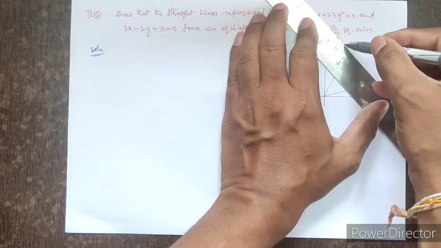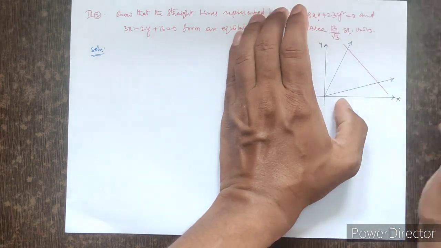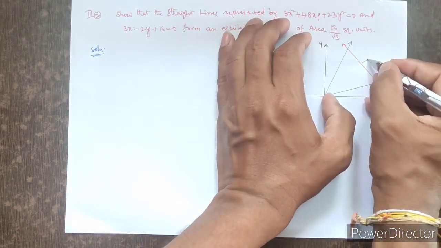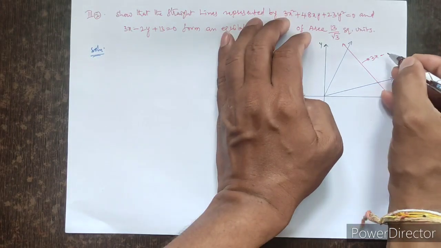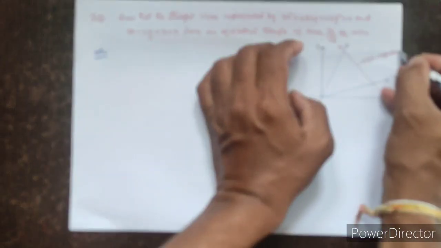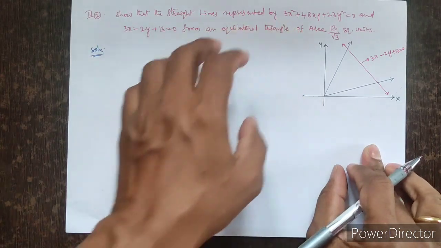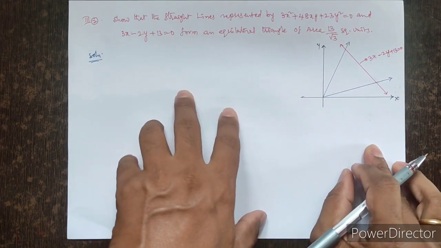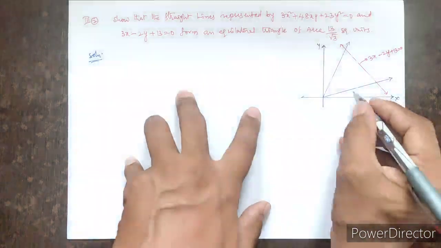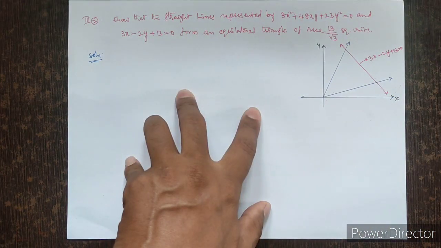This is the given line, that is 3x minus 2y plus 13 equal to 0. Of course, this is